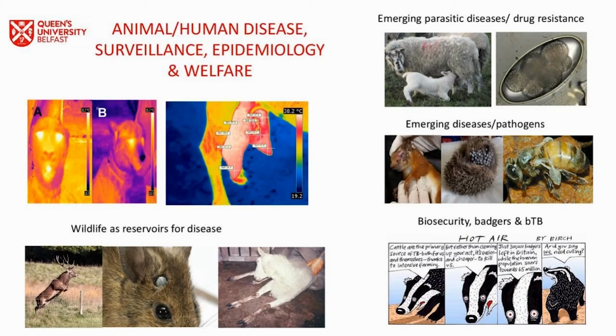Remote sensing technologies such as infrared thermography allow us to detect mastitis in dairy goats and temperature changes in cheetah, as you can see in this picture provided by Natasha McGowan, one of our researchers. To understand disease emergence, we must understand the factors driving its emergence. For example, wildlife reservoirs, e.g. deer and mice as tick hosts, and the presence of tick-borne diseases such as louping ill and neurological disease shown here.